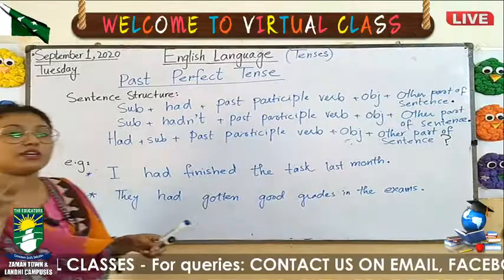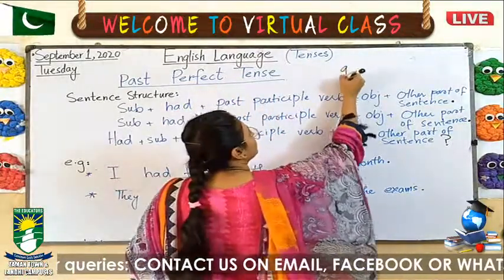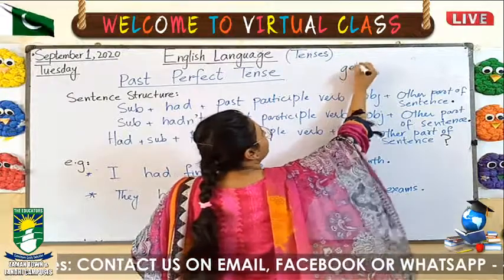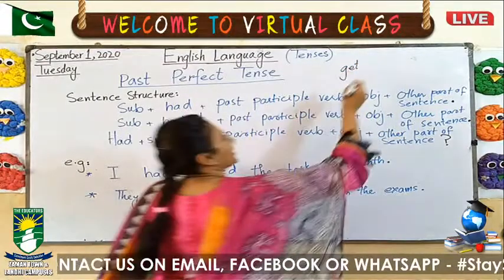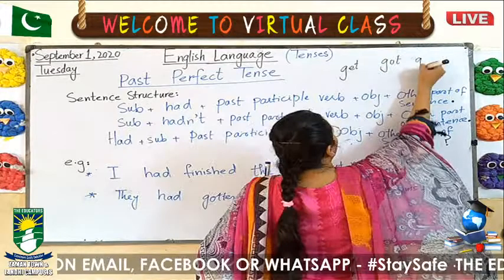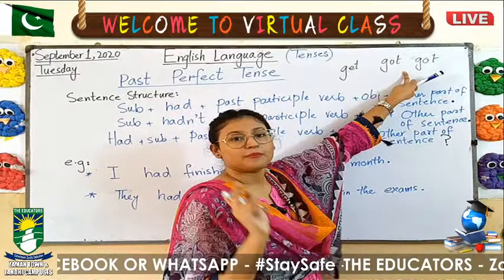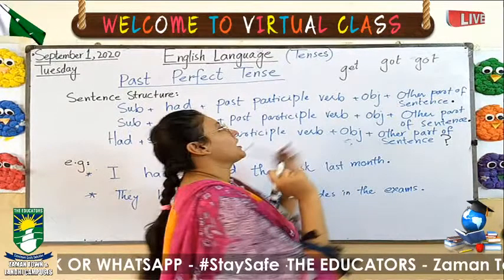What is the difference between got and gotten? Fine. Here is the verb got. Here is the verb get. Okay. Got, got. It could be past verb. It could be past participle verb. And here I write